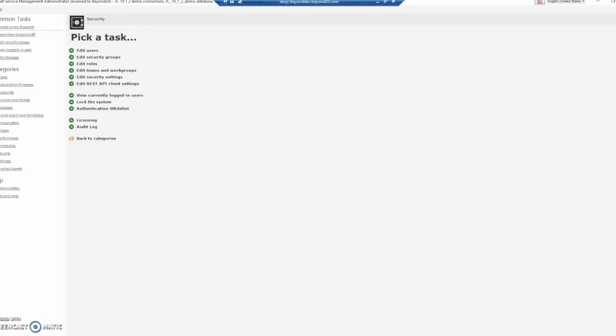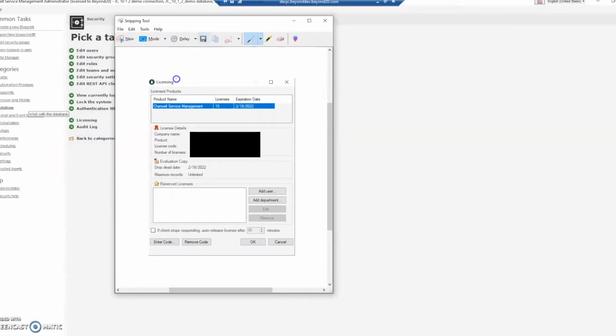I'm not going to go too in depth, but just to give you an idea of how it works. So in Cherwell, if we go into our security, just clicking security over here, and then if we click on licensing, that is how we're going to get there. Now, I'm not going to show you our licensing. I do have a screenshot of it blocked out. And in it, you can see what you have access to, how many licenses, the company name, your license code, those kind of things,